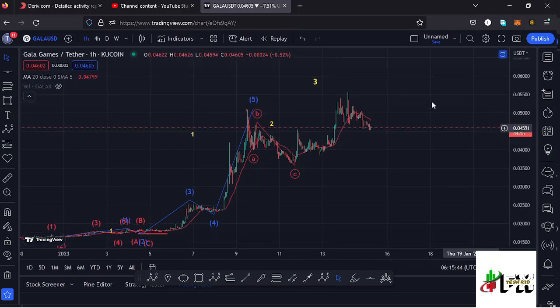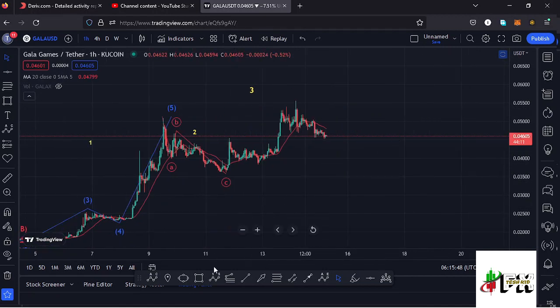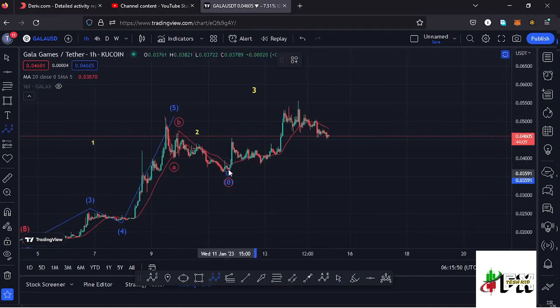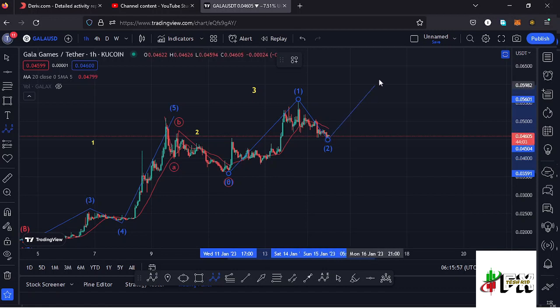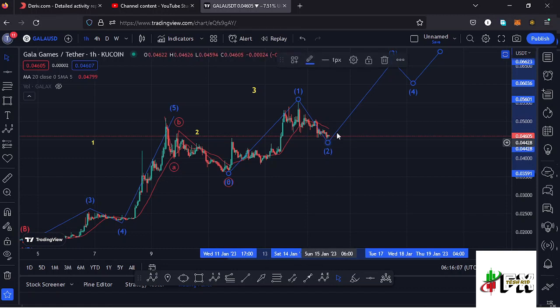And in the formation of this wave 3, where we also expect to see fractal waves in formation, we are also seeing such a structure where we can term this as the first wave to the upside before we see a wave 2. And once the low for this wave 2 is in, then we can continue pushing even higher in the formation of that wave 3 before we see a wave 4, then continue pushing even higher in the formation of that wave 5,